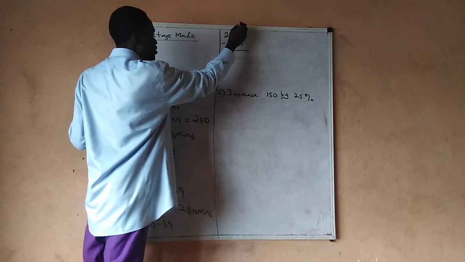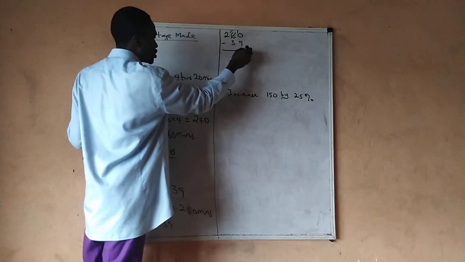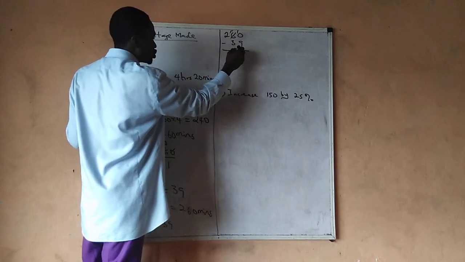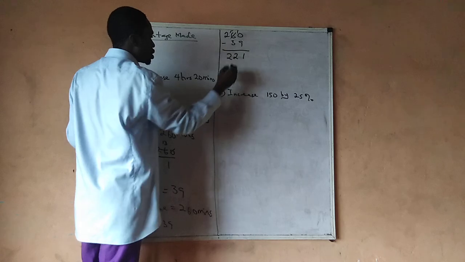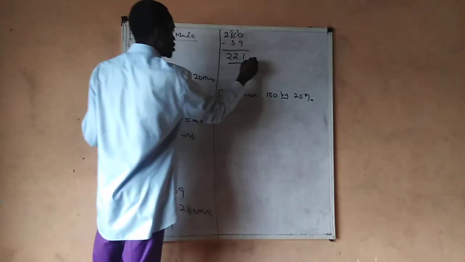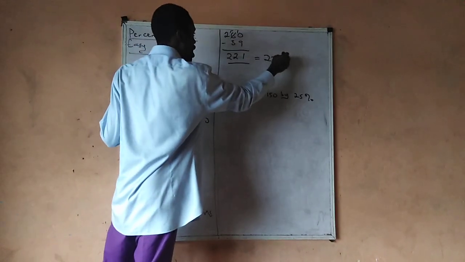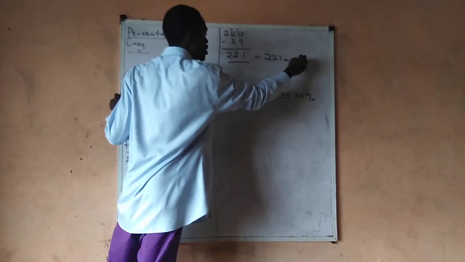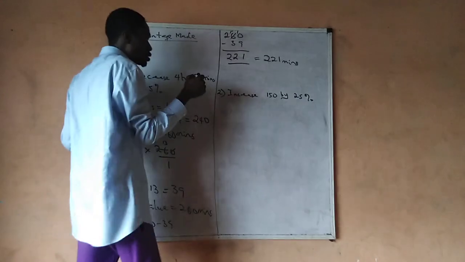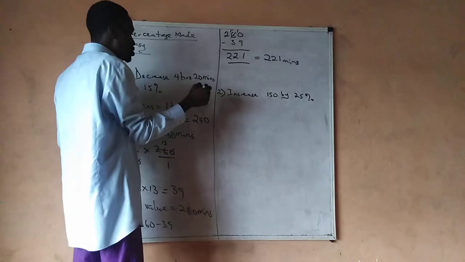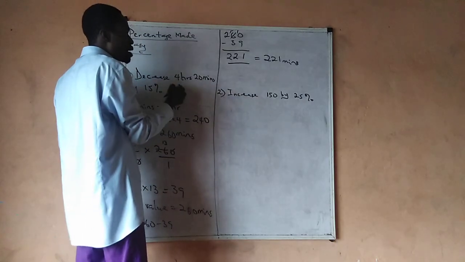Borrow 1 here, 5, 10. 10 minus 9 is 1. 5 minus 3 is 2. Alright, so that will be 221 minutes. Alright, so if we are to convert it to hour and minutes,